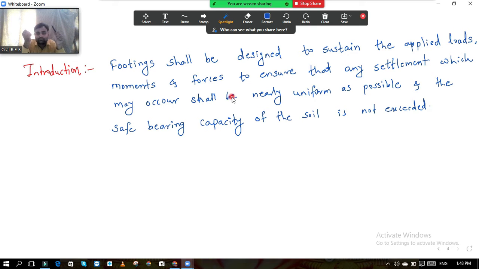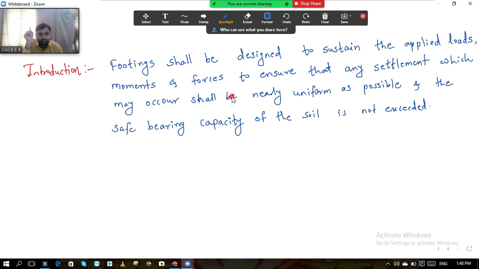So that is why a footing plays a major role in transferring the load from the column to the soil over a larger area, and the footing also ensures that, whatever the load coming, if the settlement of the structure happens, the settlement should be even. It should not be uneven like this. It should be even, perfectly horizontal. Even settlement should be there.